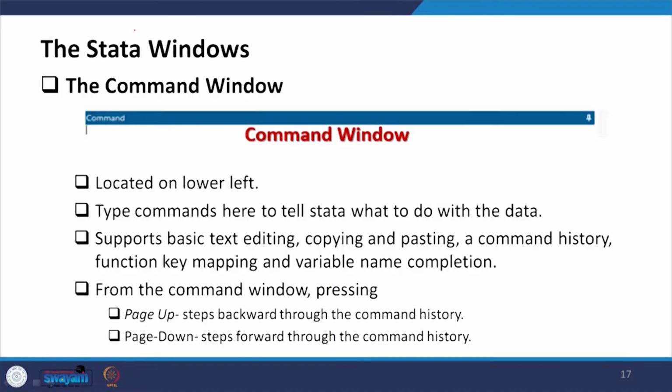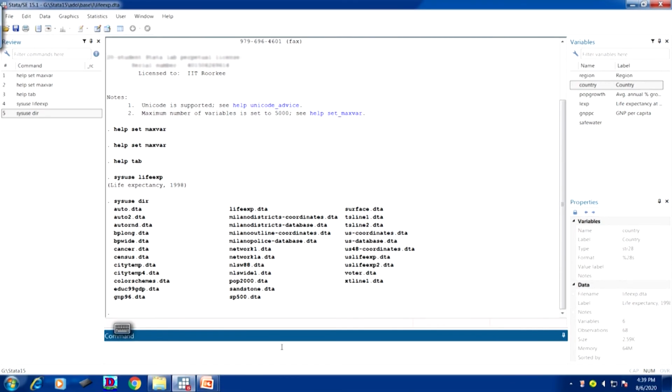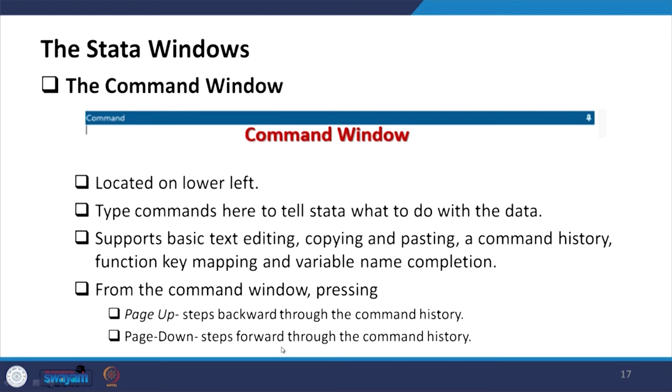Now, let me tell you about the command window. The command window we have already shown you, here is the command at the bottom, okay. I am not spending more time on it. This command has so many options, but without commands it is not possible to operate on data. Otherwise, even it is possible, there are some drop down menus, if you click on them it is still possible, but better to go by the command based operation, okay, it is faster. It supports copying, pasting commands, going through command history, functions.